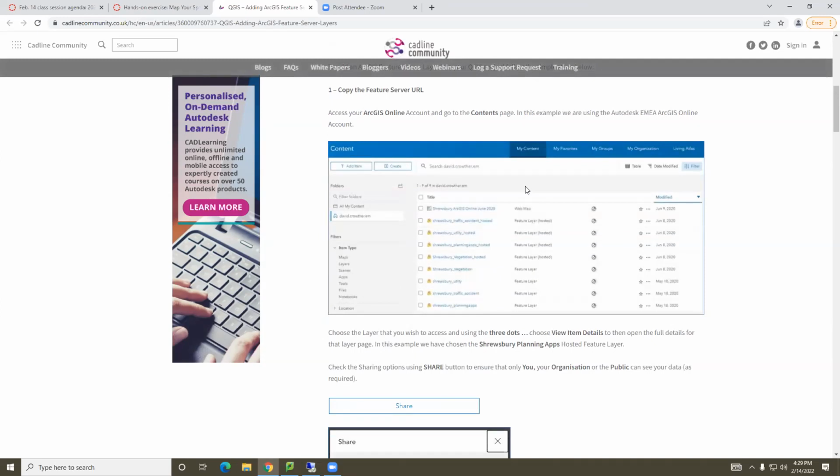So here the basic steps are go somewhere and get the URL of the feature service that you want. And that could be pretty much any feature layer in all of ArcGIS Online. Hundreds of thousands of layers are out there. But there's other places too, like the city of Fort Collins has options as well to get to their data online. So get the URL of the layer that you want to bring in and be aware of what type